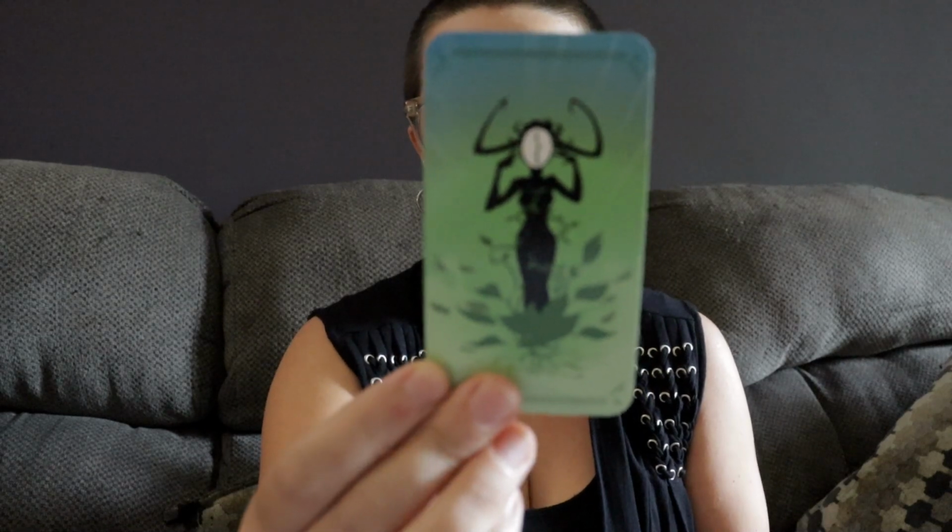Next up is Dirty Martini, a strong and salty deck. I am not a Dirty Martini person because I'm not an olive person. Gin and vermouth, sure, but olive brine is not my preferred beverage, so that's okay. For the Dirty Martini, a strong and salty deck, I had to choose the Tarot of the Silicon